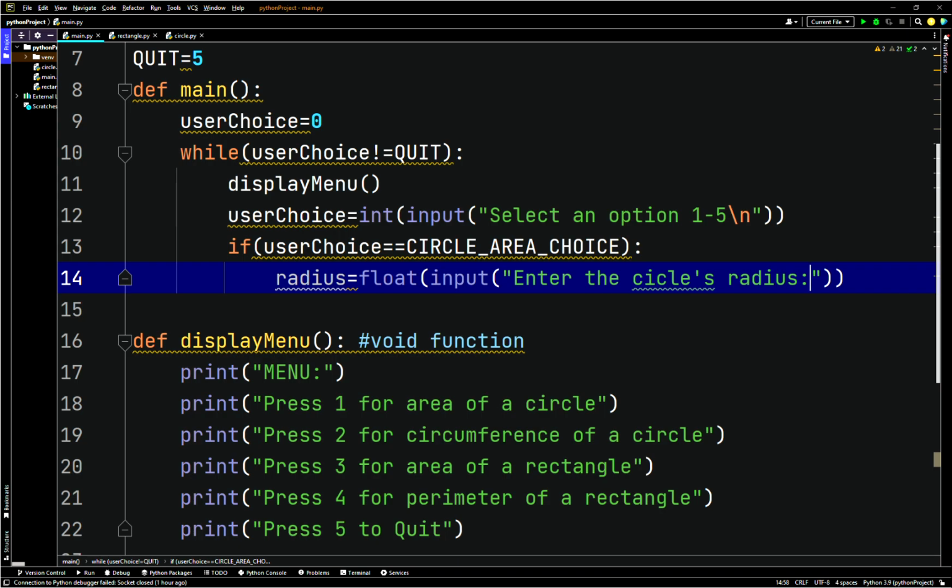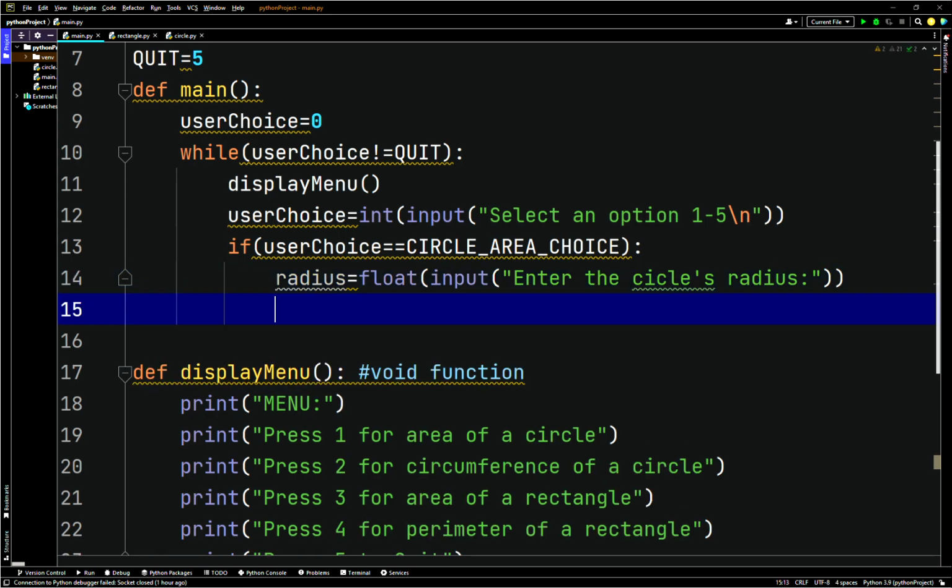Enter the circle's radius. And we'll say circle area, okay, then we'll say here, and we'll print area is,